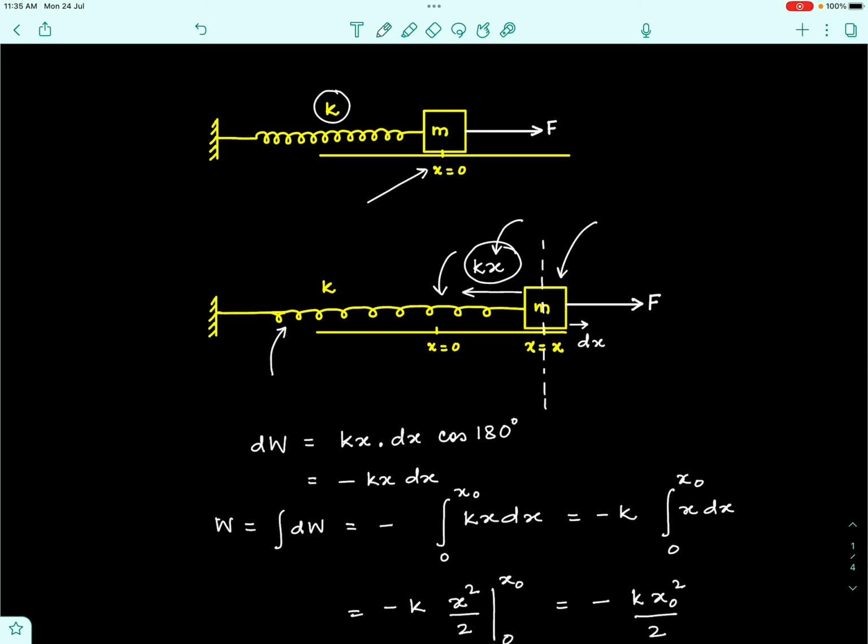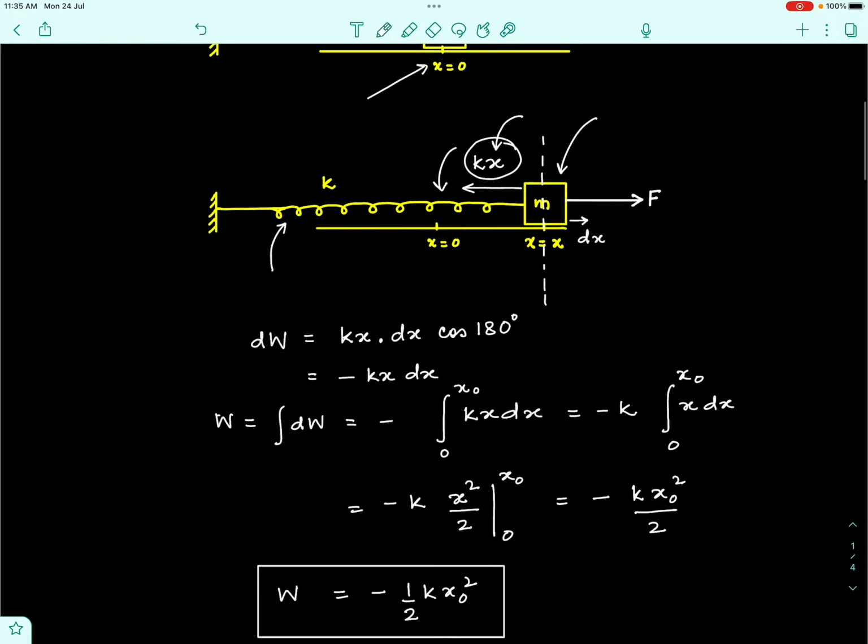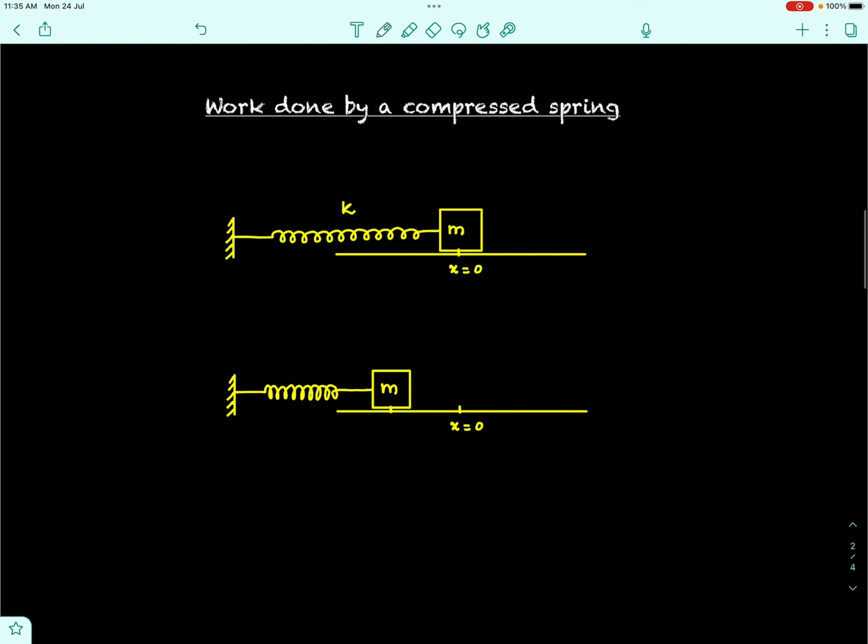Let us do a similar exercise when the spring is compressed instead, by exerting an inward force. So there is an external force which acts towards left now on the spring and creates a compression in the spring. So if we assume that when the block is at x is equal to x, we understand that the compression in the spring will also be x, and corresponding to that, the spring force which will be coming and acting on the block from the spring,